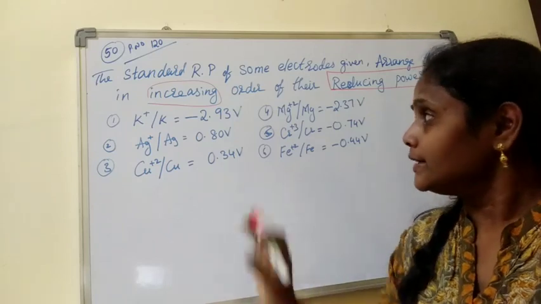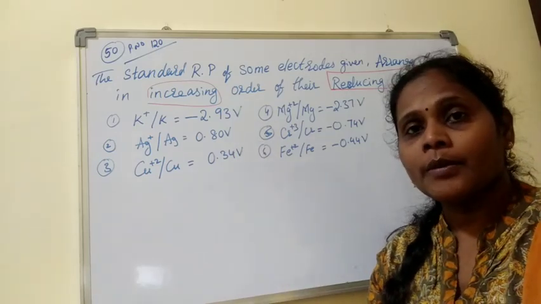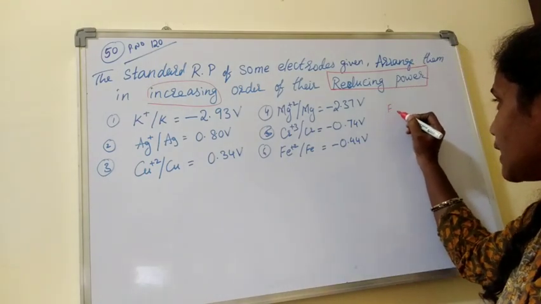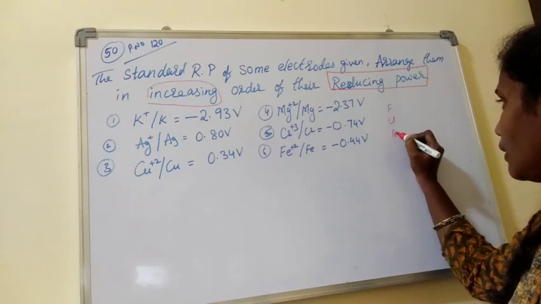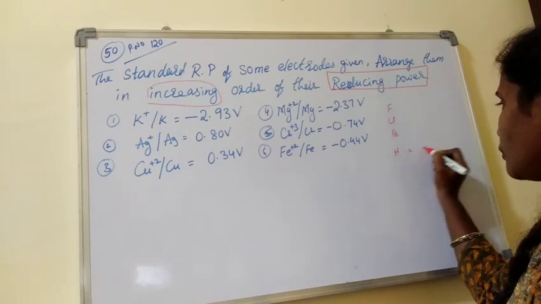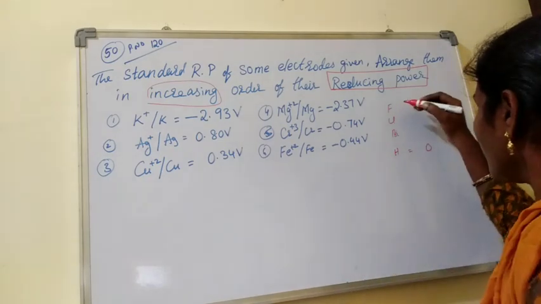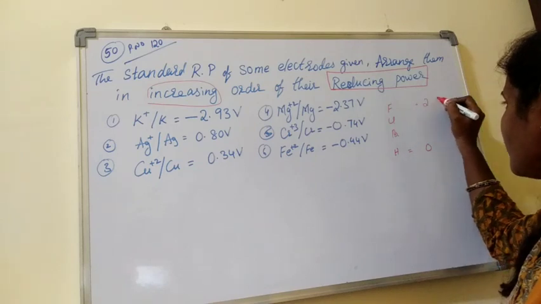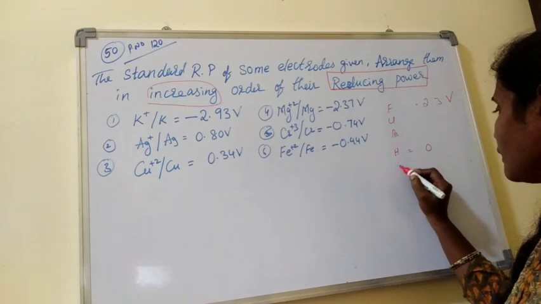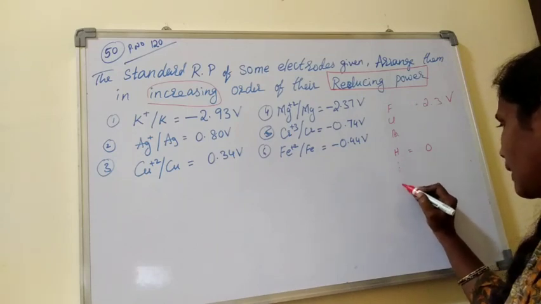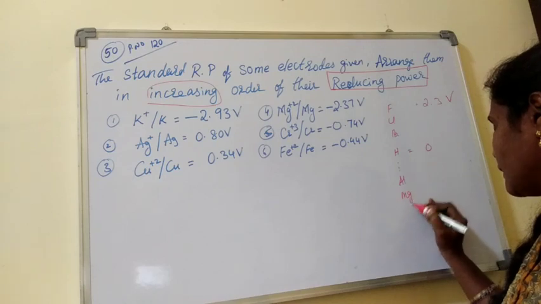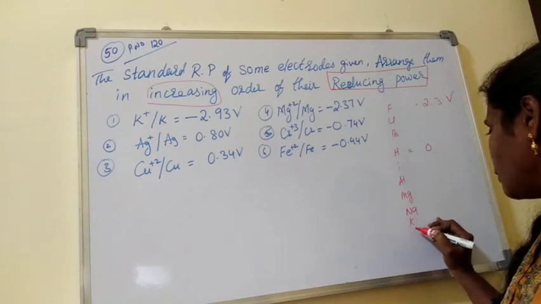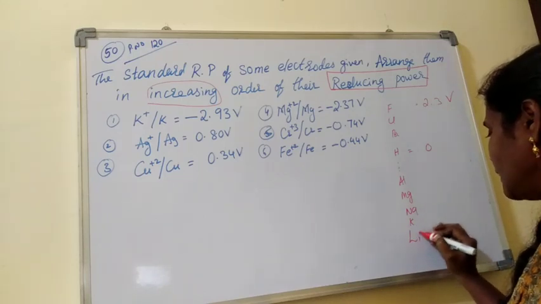Now, to understand these reduction potentials, we need to remember our electrochemical series. What is electrochemical series? Our electrochemical series starts with fluorine, bromine and all. And then in the middle hydrogen will come, whose electrode potential is 0, and fluorine is having the highest reduction potential, that is 2.85 something volt. And then later metals will come, the second A group element, the aluminium third A group element, then first A group elements. The last, lithium, will come.